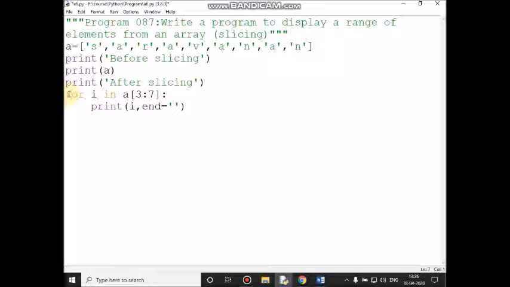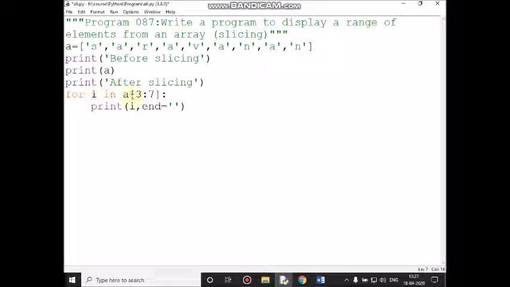Here I am using a loop statement. The I value, that is 0, in A of the array. The starting value is the third location, A of third element to A of sixth element. Here I am mentioning the end as 7. It won't print the 7th location; it will print up to 6 only. So from A of third location to A of sixth location, the condition is true. Every loop statement ends with a colon.